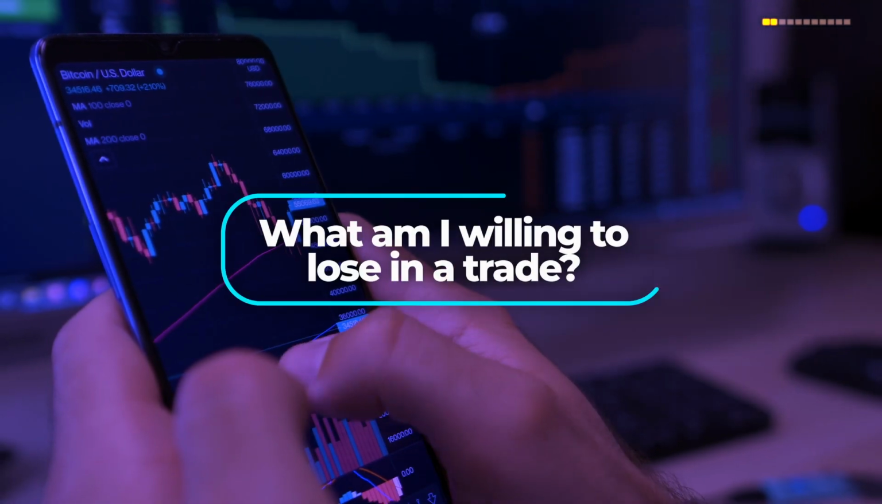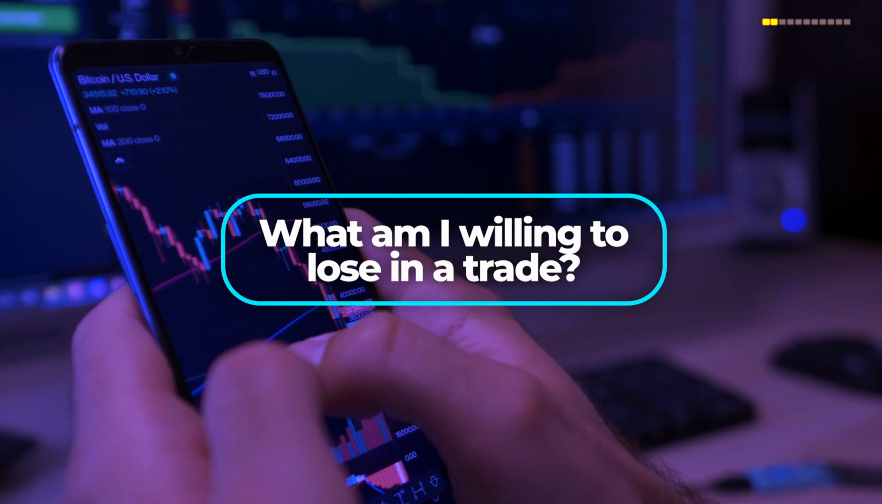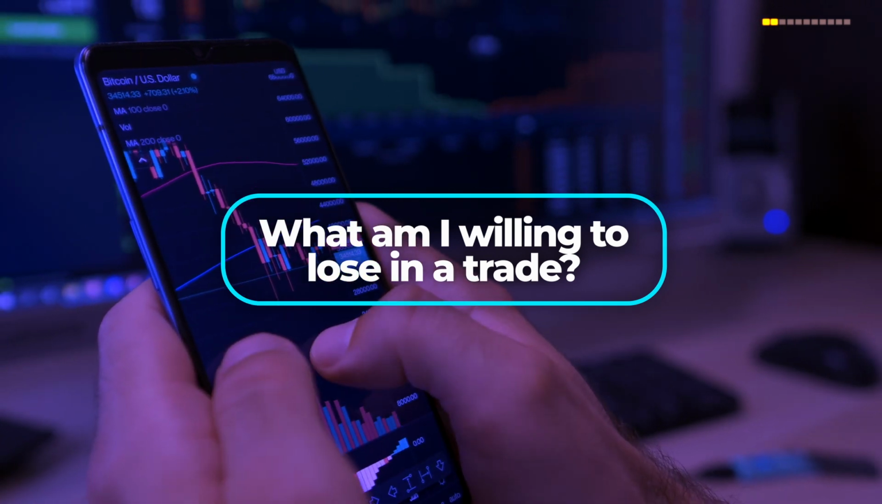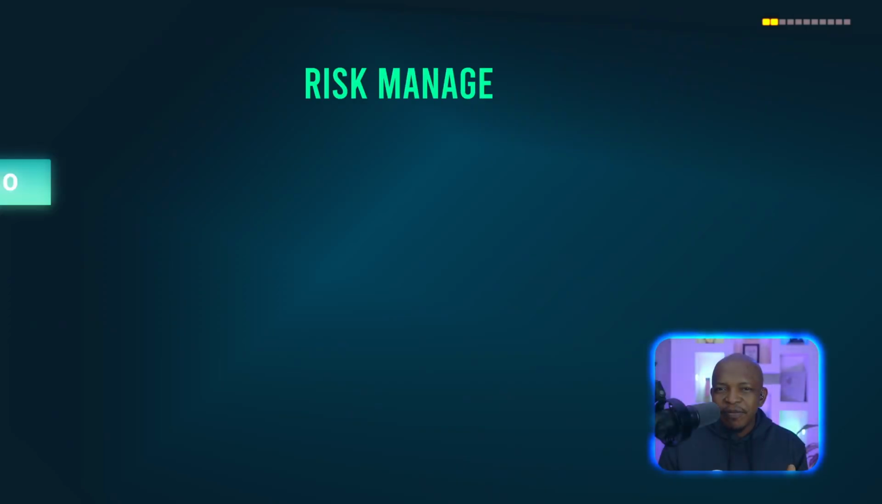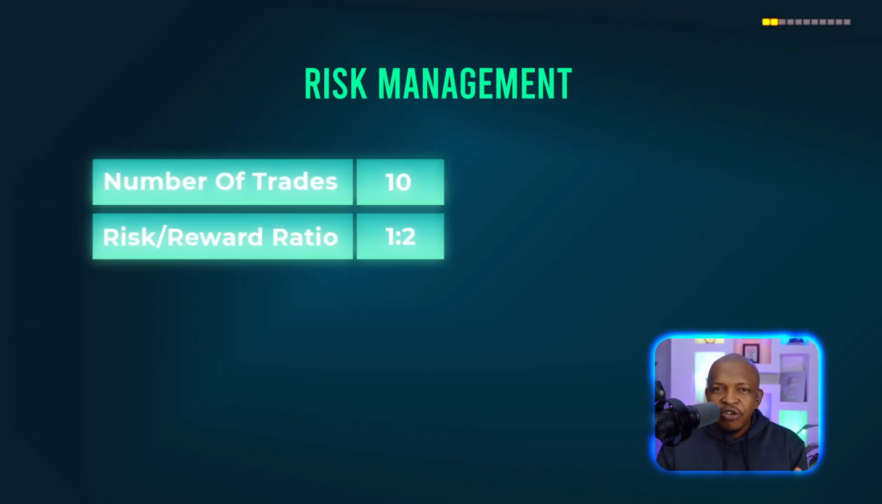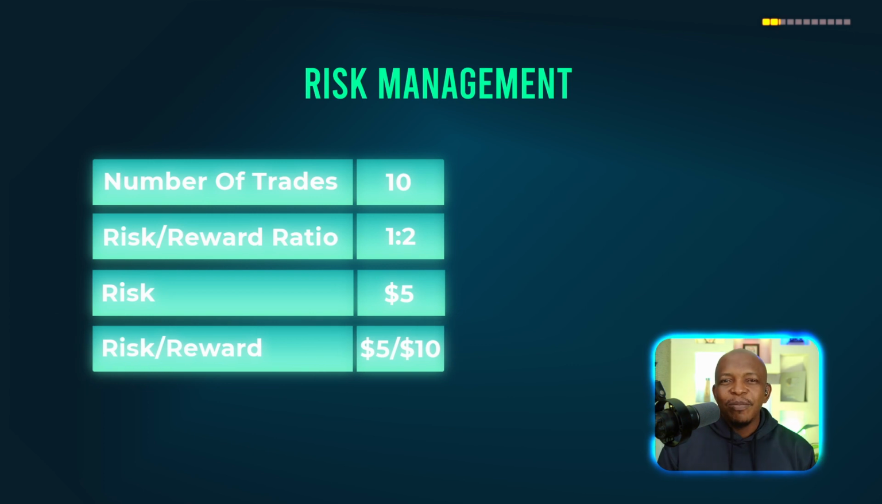The question you should ask yourself now is, what am I willing to lose in the trade I'm about to take? This is my risk, and it should be between 1 to 5% of my total trading money. With this established, my risk reward ratio should not be less than 1:2. In other words, if I risk $5, when I lose I lose $5, and when I win I win $5 times 2, which is